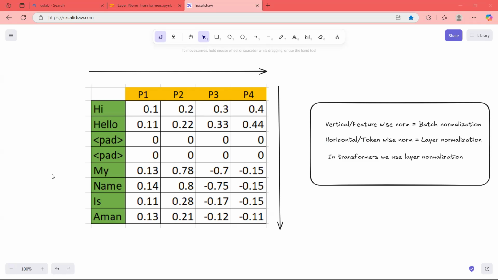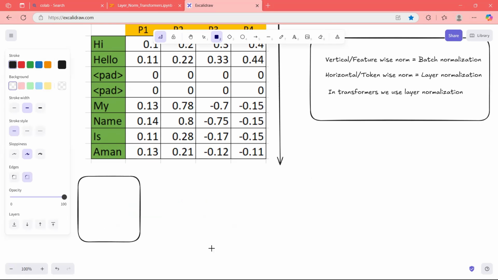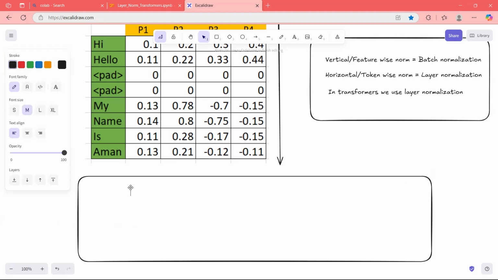I will explain why we can't use batch norm for transformers. Reason number one is,